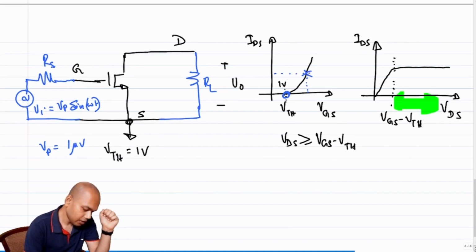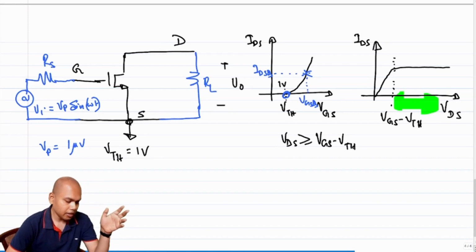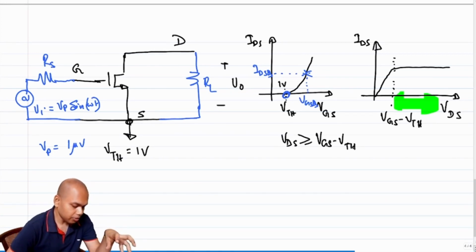We would like to operate somewhere over here where I have certain VGSQ, where Q denotes quiescent point, and I will have a certain IDSQ, where again IDSQ denotes the drain to source current, right? This takes into account,